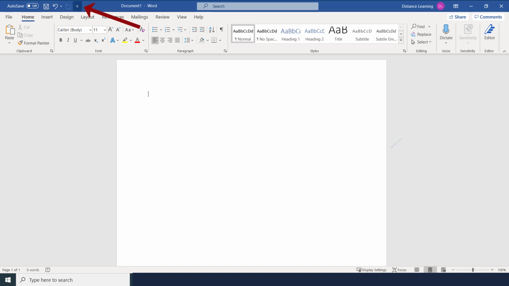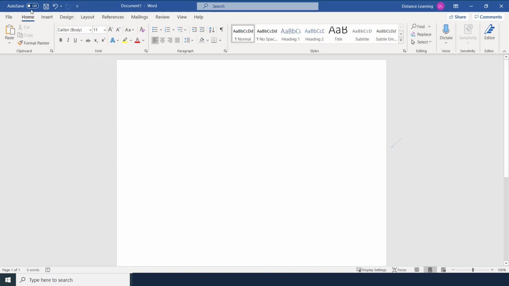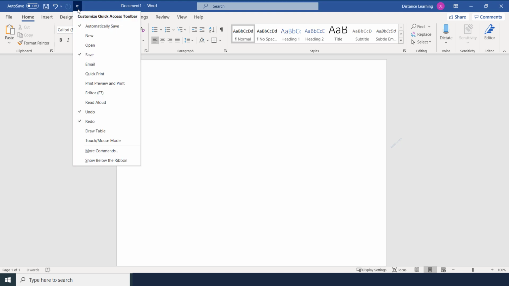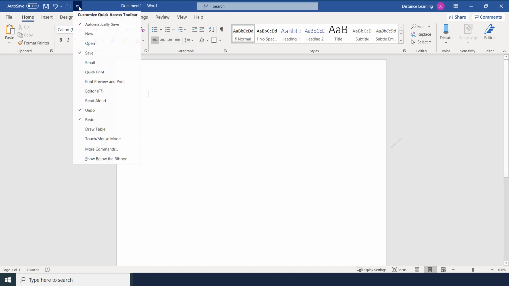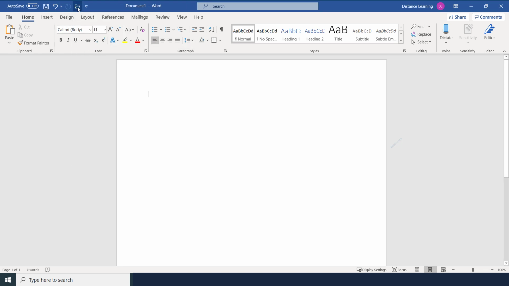On the very top left, you'll see here this quick access toolbar. This is basically an area for you to place in here commonly used commands in Microsoft Word. So you can click on the drop down, and let's say you're emailing a document or you're opening documents all the time. You can enable those buttons by just simply clicking one of those, and it will add the open button here. Another way to add those buttons is that if you are in a specific tab, and I'll go over the tabs in a moment,